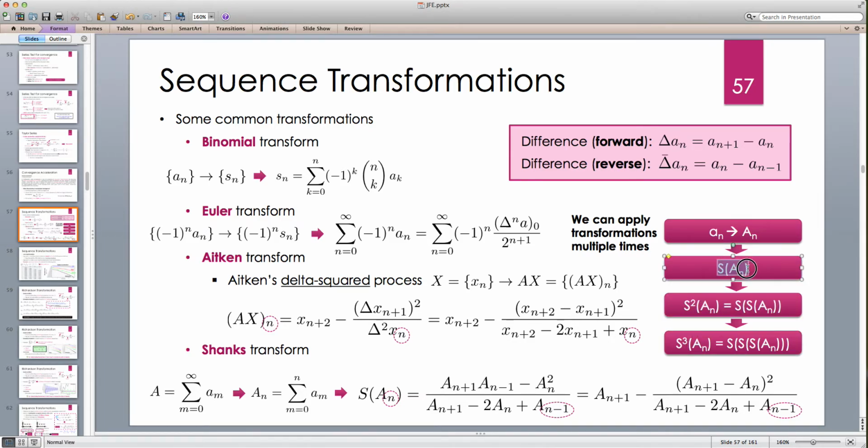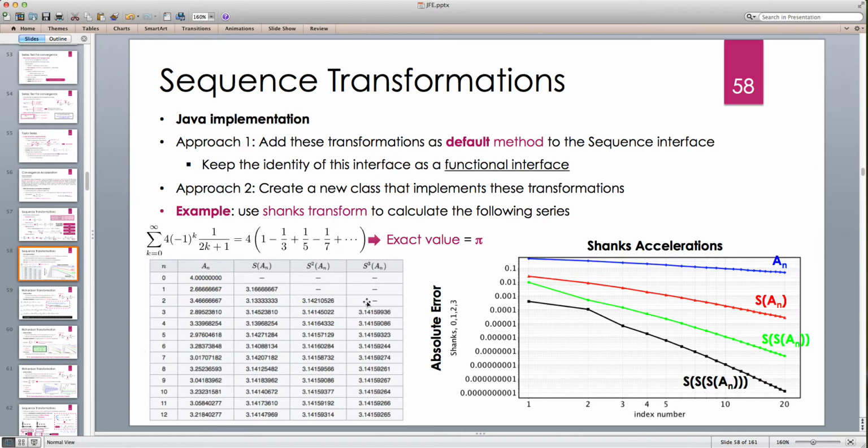So we apply S, we get a new sequence. We apply S to the new sequence, we get S squared, or S of S. And then this is a new sequence, so we can apply Shanks one more time, get S cubed. We typically don't go beyond 3 times Shanks because there's a chance that the convergence becomes unstable. So if we apply too many of these Shanks or Aitken transforms, the sequence that we end up with might very well become unstable. And we said that one of the very famous examples is this series that approximates pi,